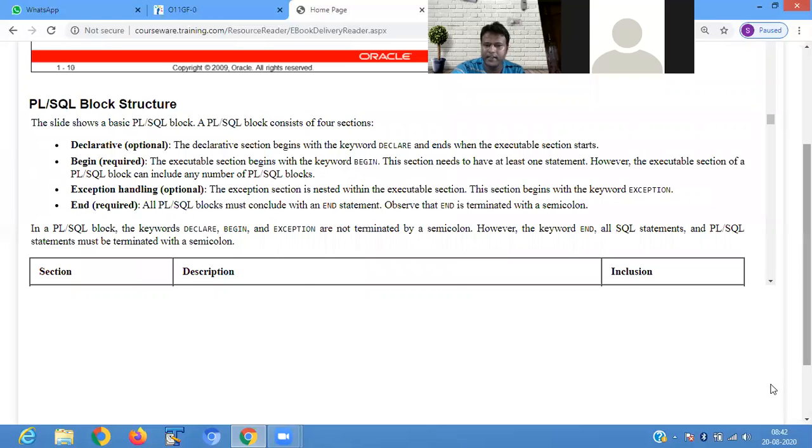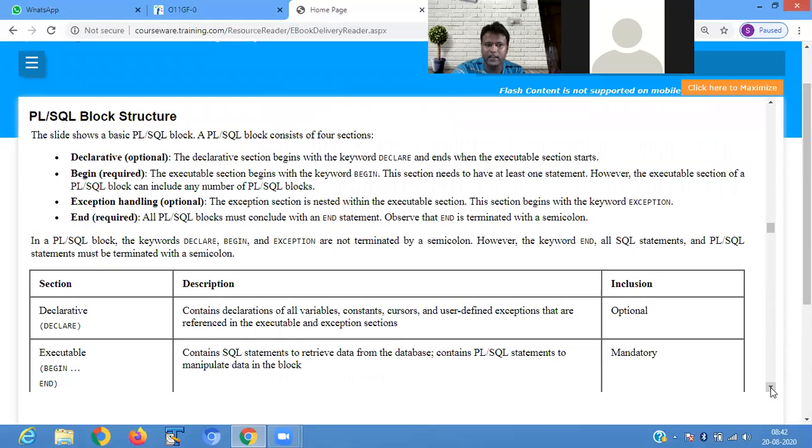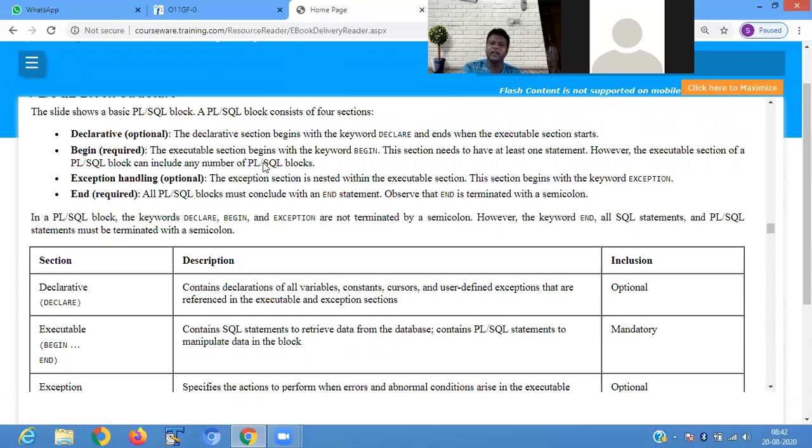The PLSQL block structure. What are the blocks we are using in PLSQL? One is the declarative section. The declarative section begins with the keyword declare and ends with the executable section. The executable section begins with the keyword begin.